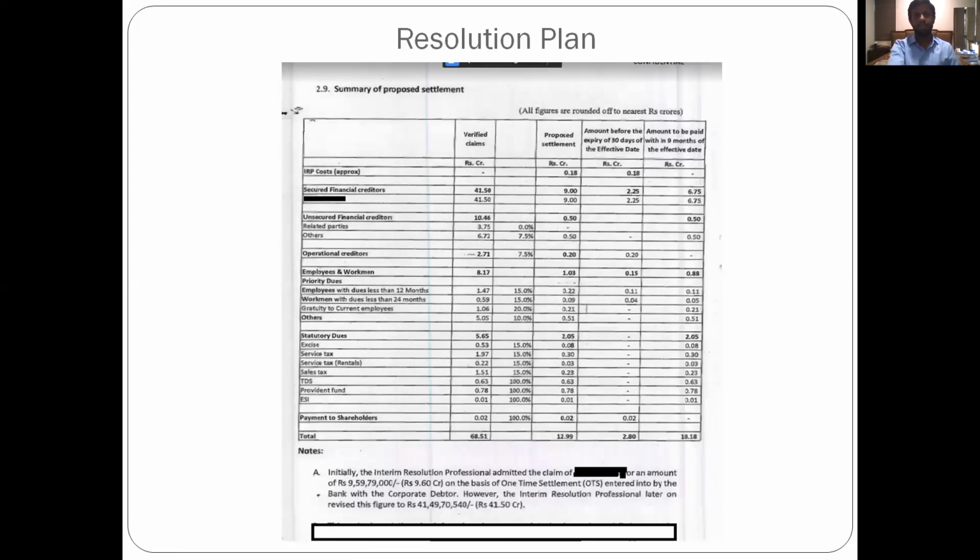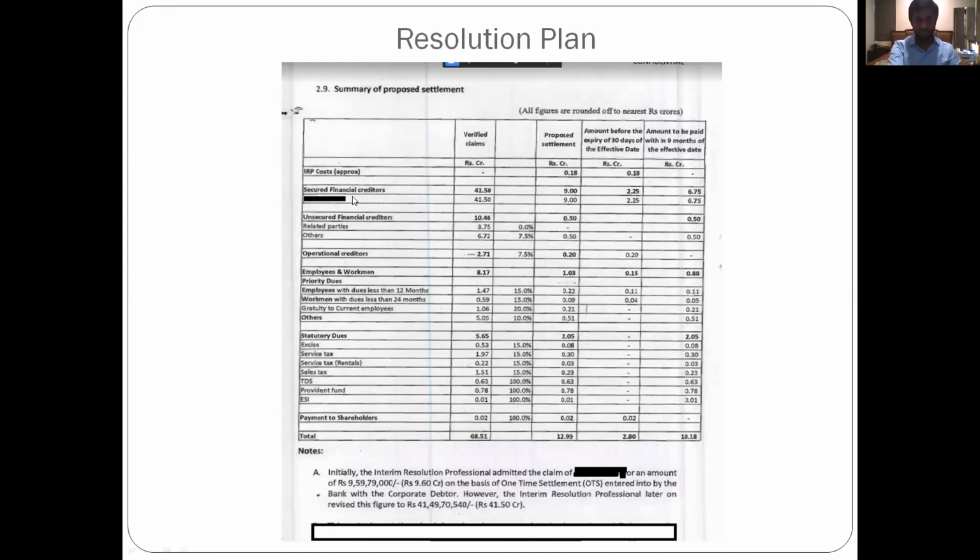But he has about 41 crores here, but he's only getting, if you see, a proposed settlement of 9 crores. So the bank X had an outstanding payment of 41 crores, from which the new management or the new RA is only offering him 10 crores. And he's gone ahead and still passed this plan, because otherwise this is a dead weight for him. He possibly cannot do anything with the company, right? He will have to write down his 41 crores. So it's better than that to take the 10 crores and exit.